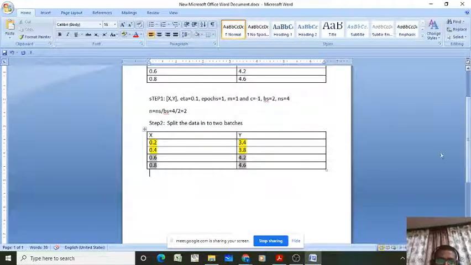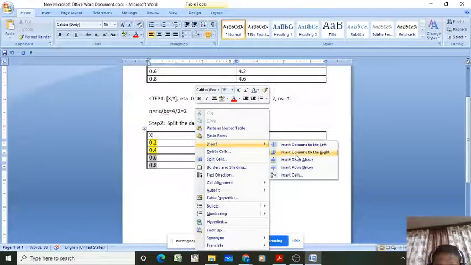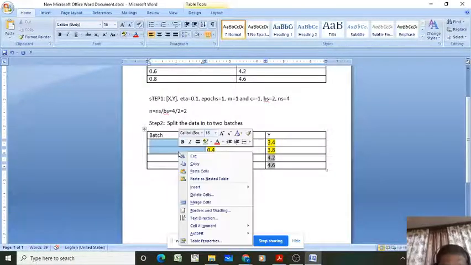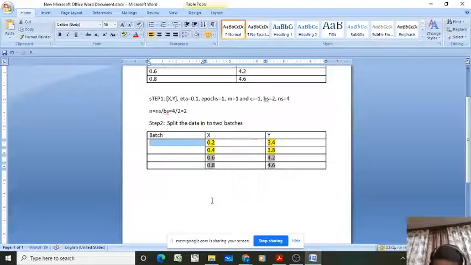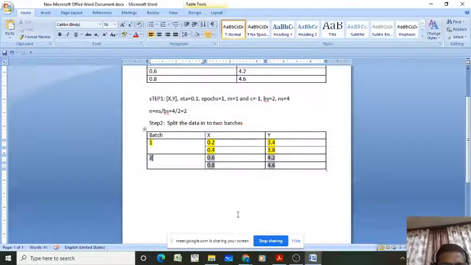I will insert a column on the left. So this is the first batch, and this is the second batch, right?